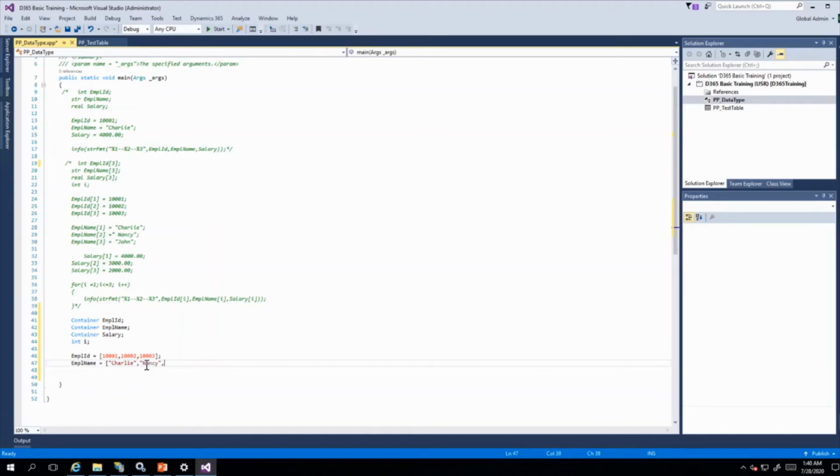See, so let us assign a value in salary. Take 4,000. We can use the same for loop.